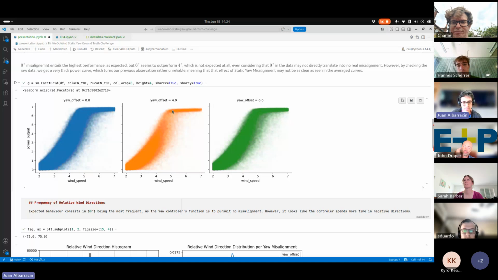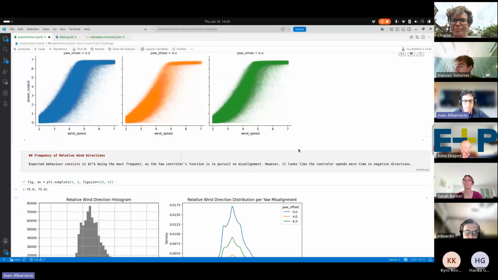And the fact that this curve looks a bit thinner is just because it has less data. But I don't know if you guys disagree. By the way, you can interrupt me at any moment if you have any comments. But it is difficult to isolate things when we have these ranges so thick.